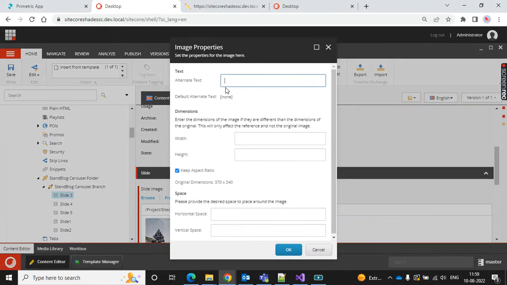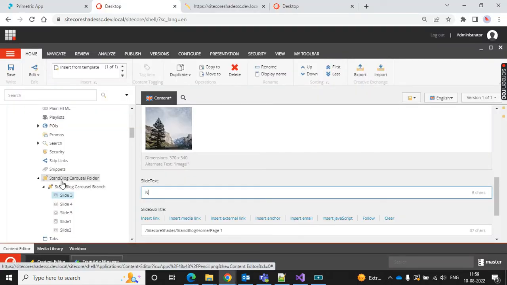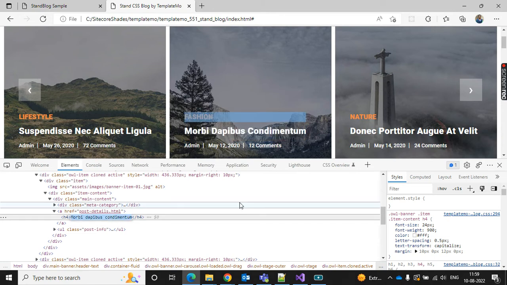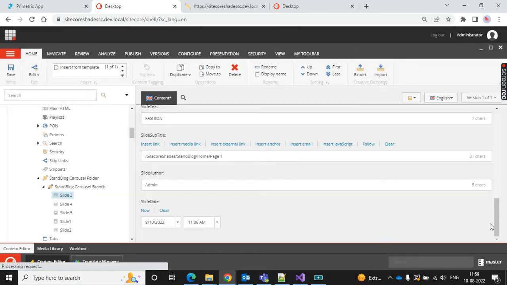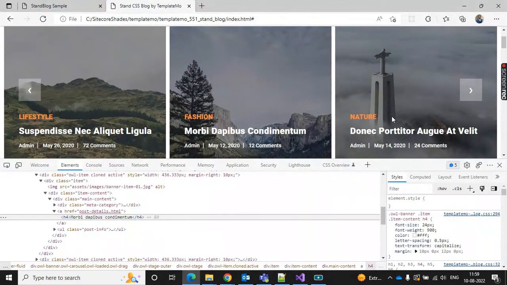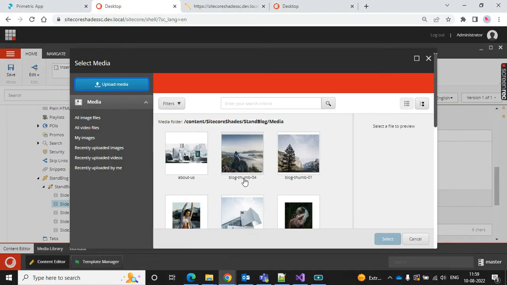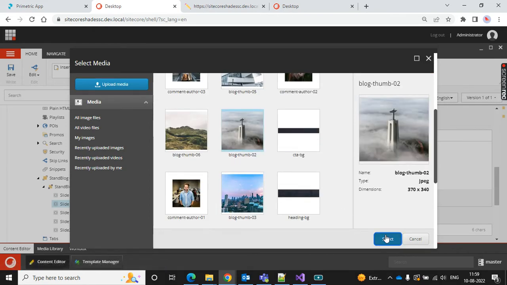Then select and then properties, image, and slide text is fashion, and then text is this one, setting, and given here, admin. Okay, then it's fine. Then the fourth slide is this one, and browse, and let's find it, this one, and select,